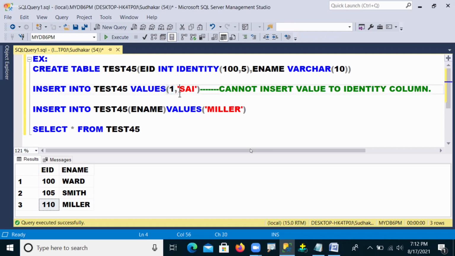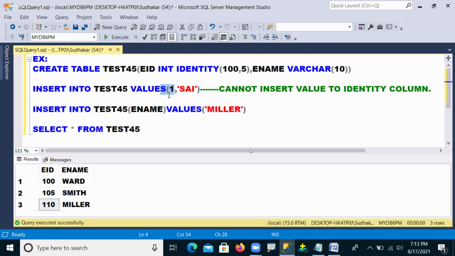For example, suppose you say, sir, if I want to insert a user-defined value into an identity column, how can we insert it? Is there any chance that a user can insert a value into an identity column or not?